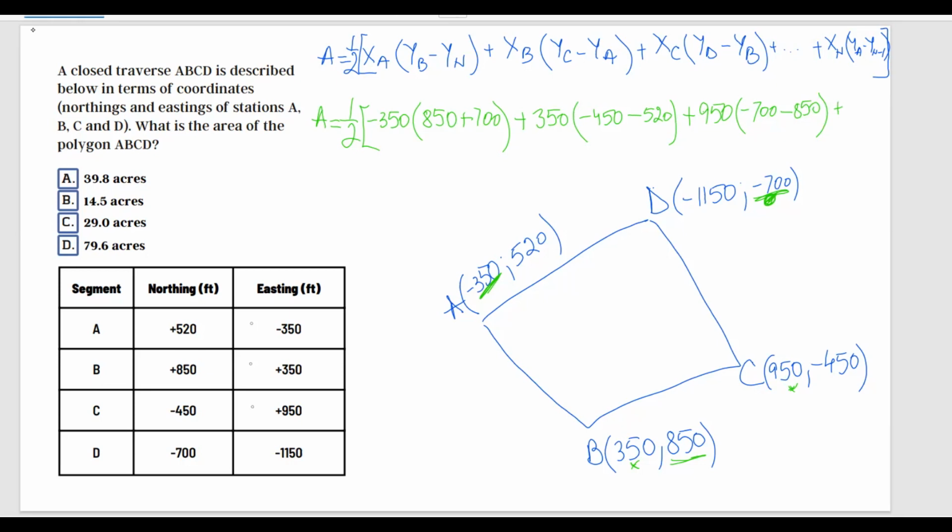There you go, plus, and we have our last point, plus XN, which is XD. So it's negative. We're going to just say instead of plus, negative